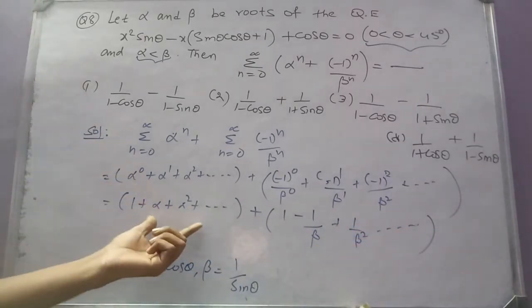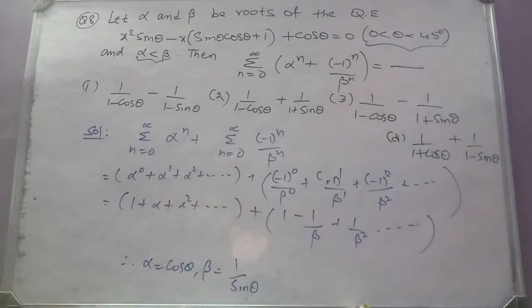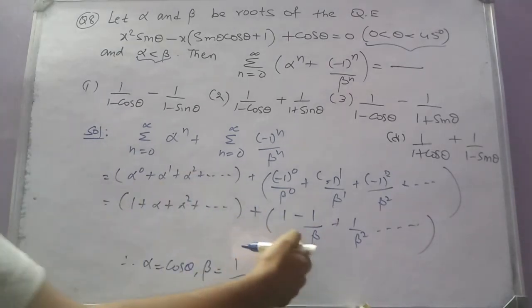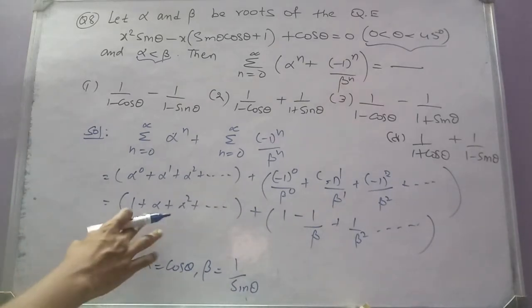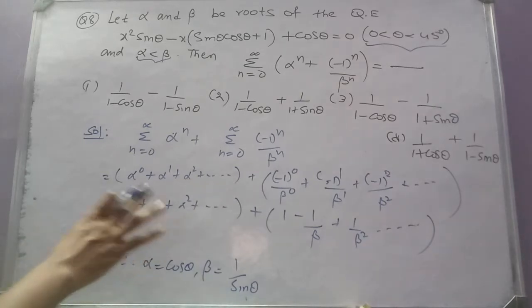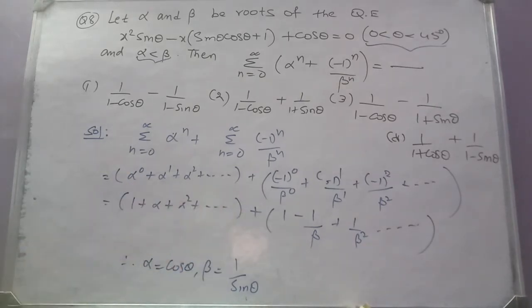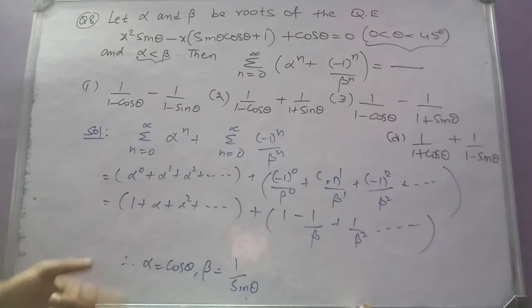So this is a separate series, geometric series, and this is also a geometric series. The geometric series of infinite terms, geometric series of infinite terms. So we know that the sum of the terms in geometric progression is a by 1 minus r, particularly when the number of terms is infinity. Okay, now, and moreover mod of alpha is less than 1 only, right? Mod of alpha means cos theta, mod of cos theta is less than 1.